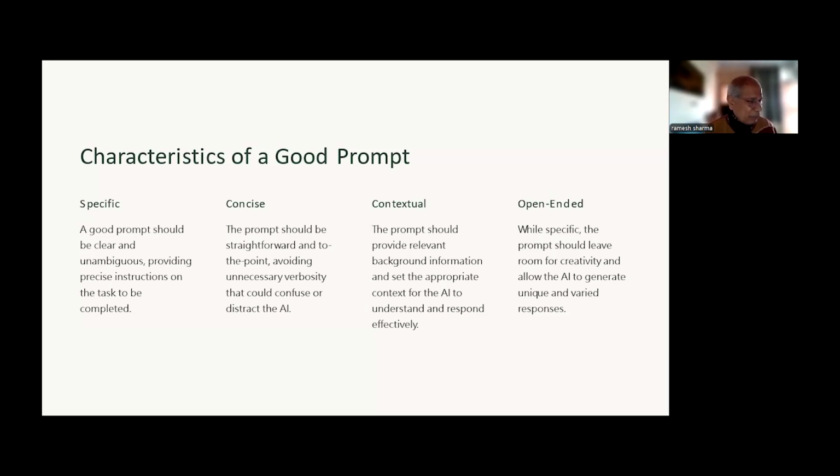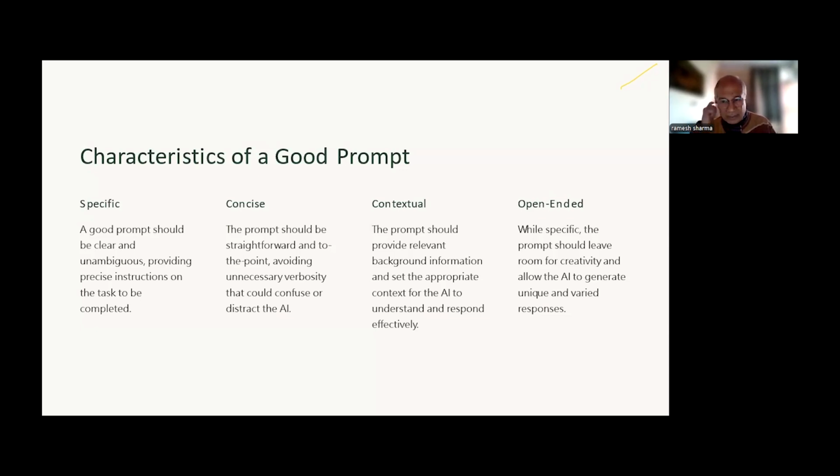It can confuse the system. Then, it is always a good idea to provide some background information to the system so that it can relate to it. Like if we want the system to analyze our data, we can say, okay, please act like an expert of quantitative analysis, act like a statistician, and I have conducted this research with this purpose, and I'm uploading my data. Please help me analyze it. Some kind of context given to it.